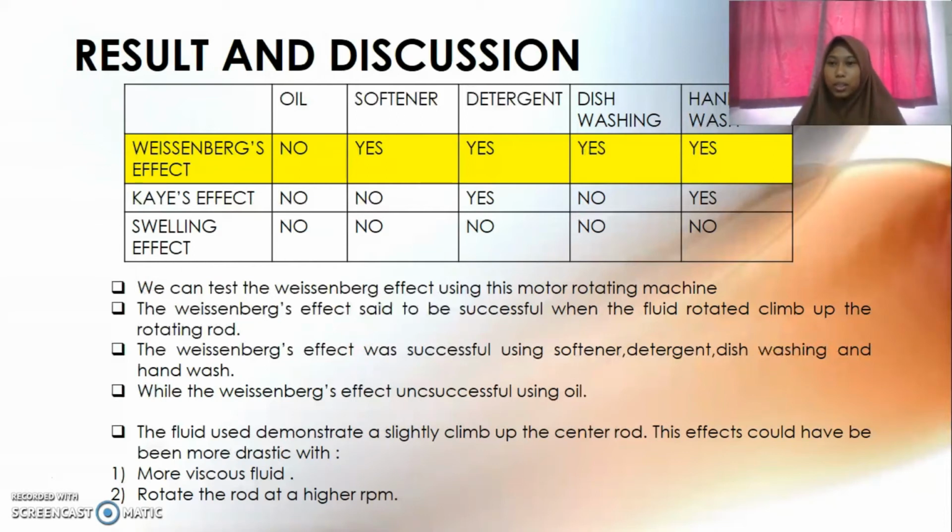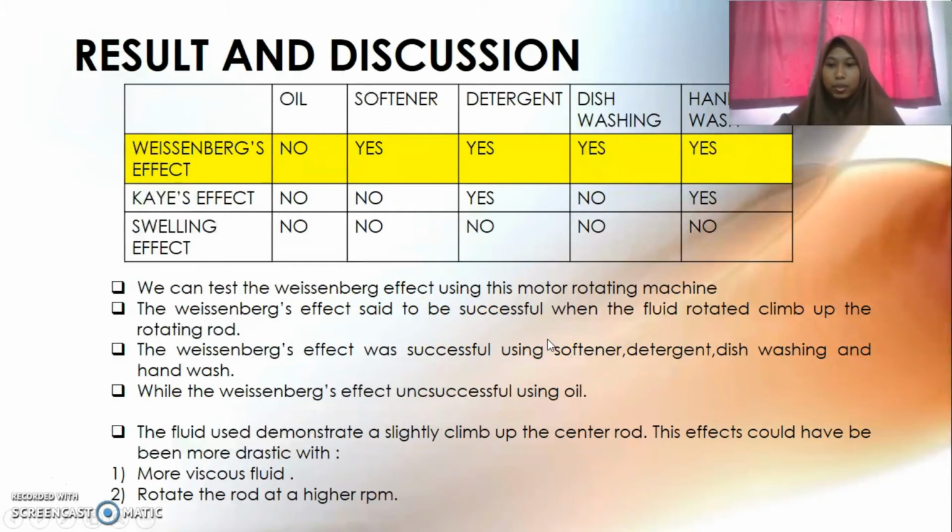We want to determine the Weissenberg effect, Kayes effect, and swelling effect. And this is the first one, which is the Weissenberg effect. We can test the Weissenberg effect using this motor rotating machine. The Weissenberg effect is said to be successful when the fluid climbs up the rotating